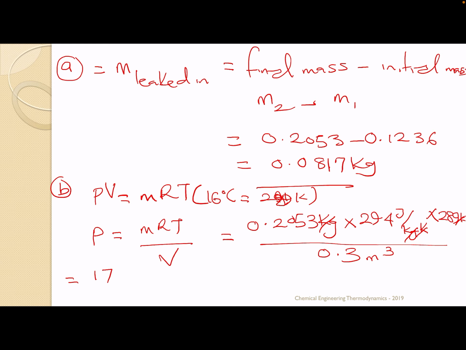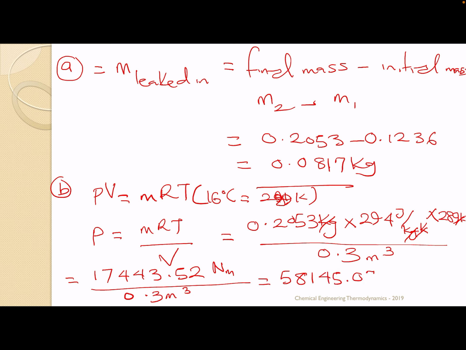So we should be left with 17443.52 Newton meter or joules divided by 0.3 meter cube. So if we do that, that should leave us with pressure being 58145.07 Newton per meter squared,